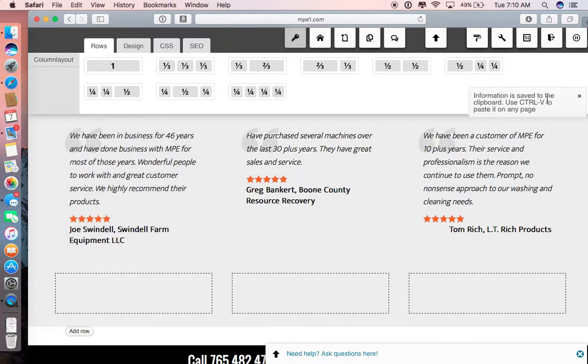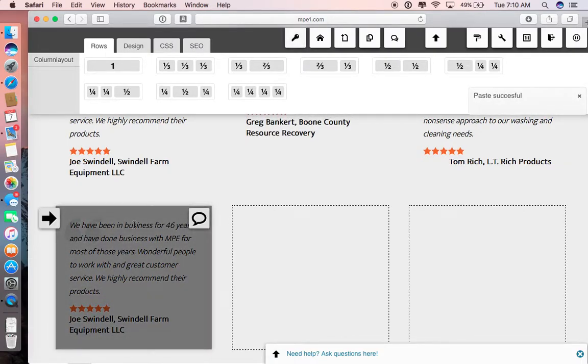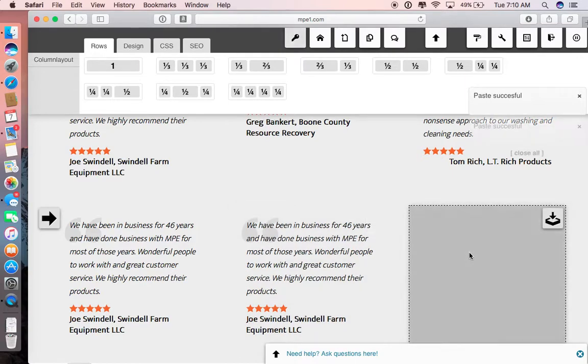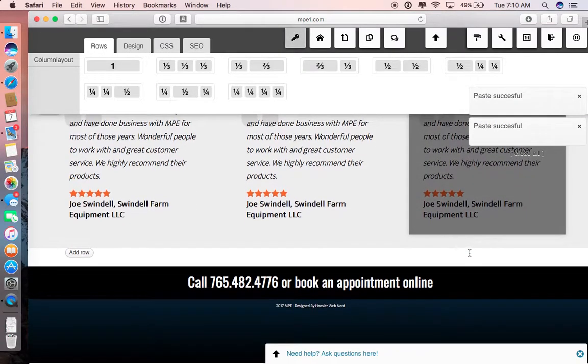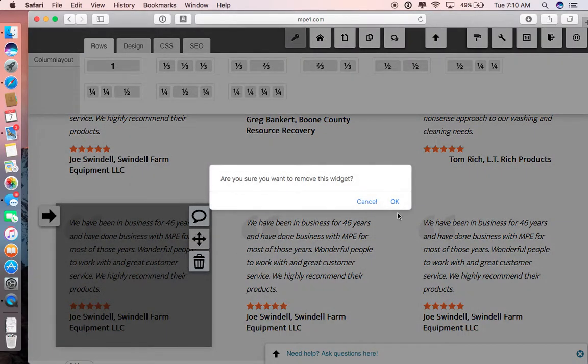Over here you say information is saved to the clipboard. Go down here, Control V. And there we go. And you can go through and fill this whole thing out to kind of give yourself a guide. When you're done, if you don't want to keep something, you can just easily delete a widget